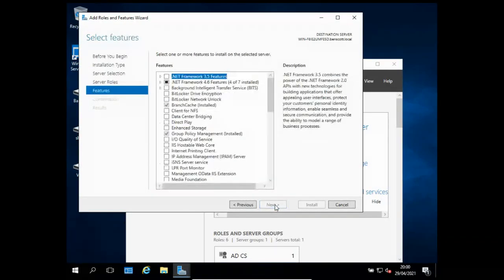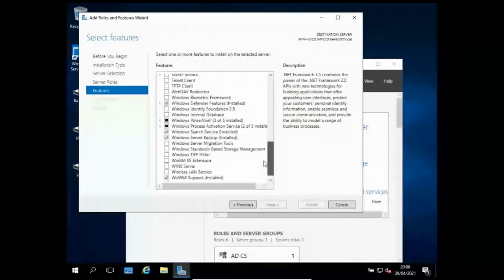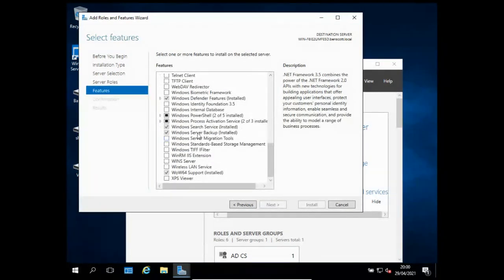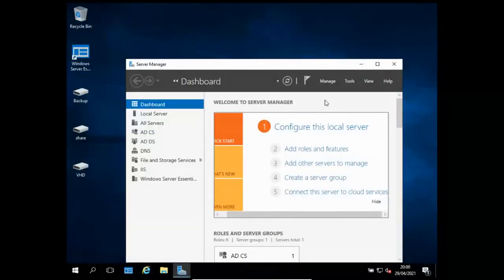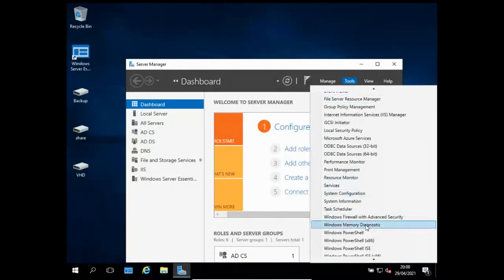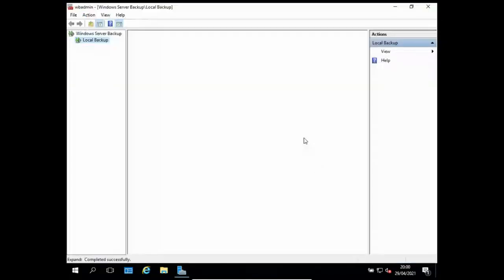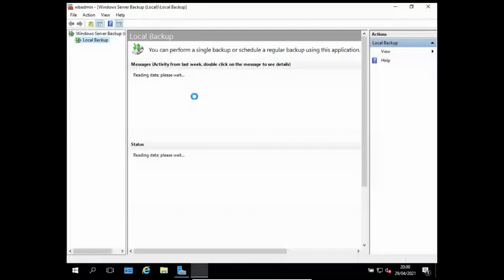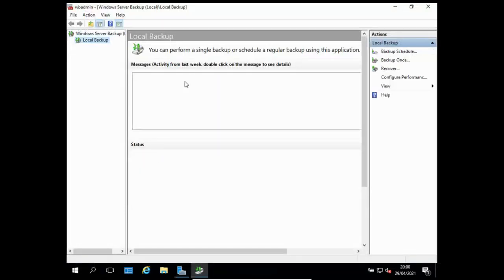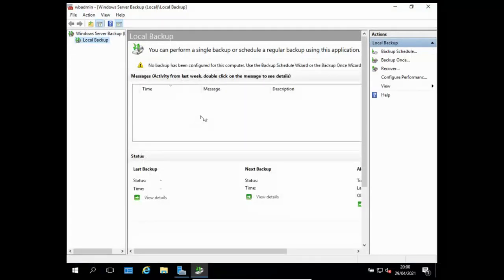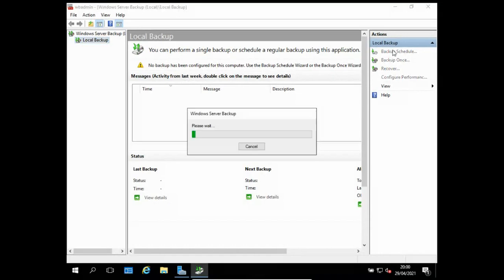It's not a server role, it's a feature, so you just scroll down and tick Windows Server Backup, make sure it's installed, so you'd highlight that and then install that feature. I've already got it, so I will proceed. If I bring that up, you should have Local Backup on the left, with no backup activities happening so far. So I'm going to schedule a backup. If I click on Backup Schedule